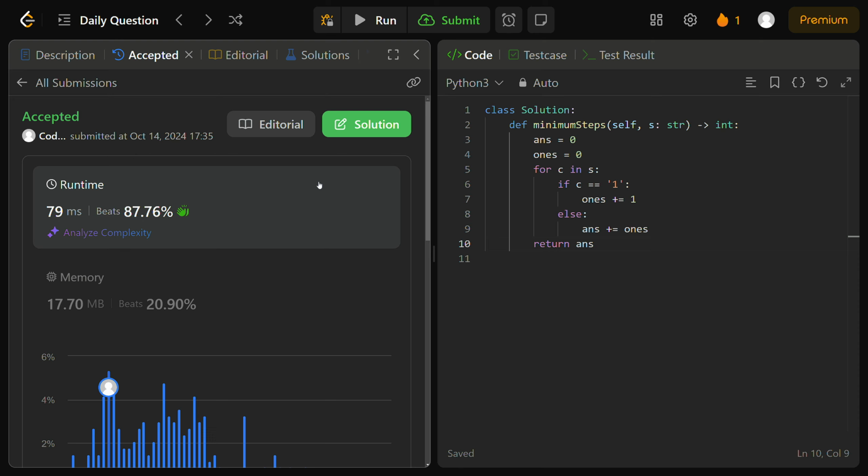If we tried to perform swaps manually, simulating each swap, it would be big O of n squared time. Instead, by counting swaps incrementally during the pass, the solution completes in big O of n time, right? And essentially, in the pass through the string, if the character is a 1, we just increment the 1